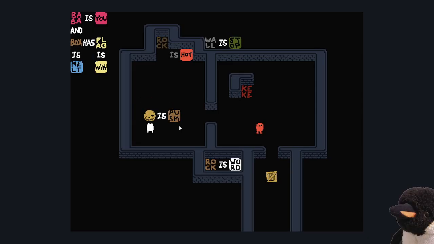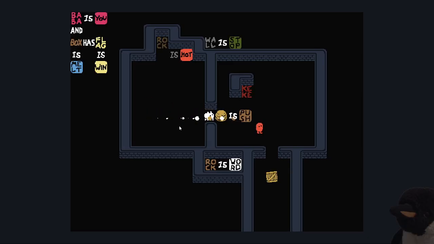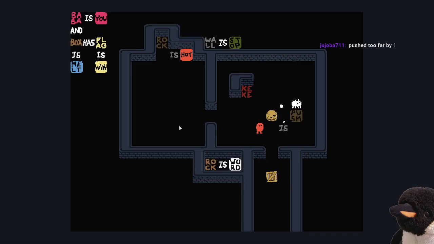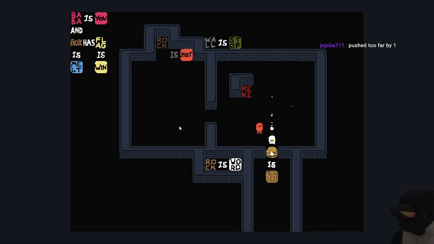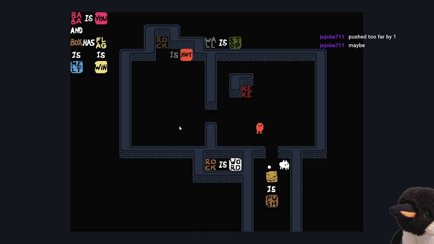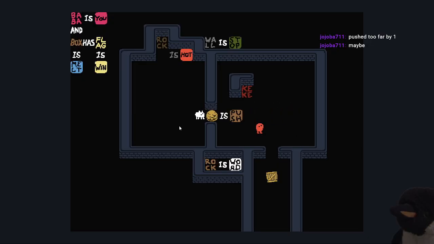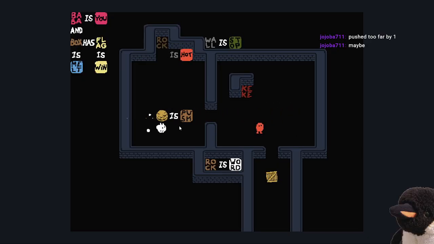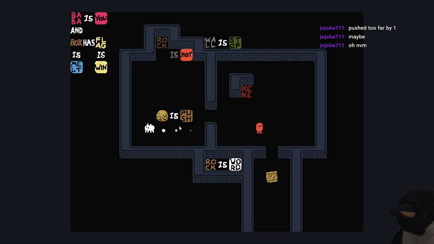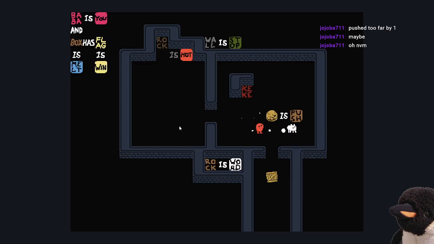That also means it's no longer hot. But then how do we get the box over there? Oh, we would just have to rearrange this, right? But then the rock is still not hot. Push too far by 1 maybe? Wait, when? I don't know. And then there's this Keke. Why is this Keke here? I just thought we'd have to push it down, the rock down to the box, but then